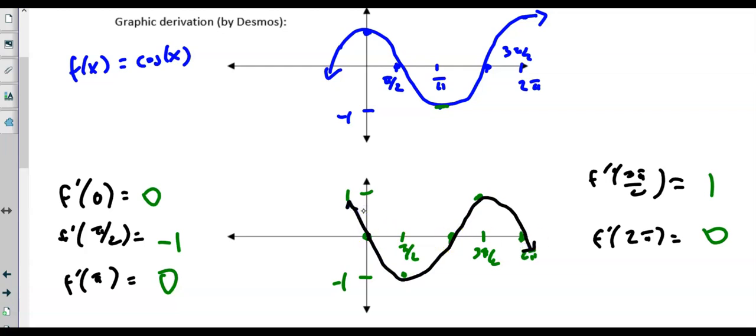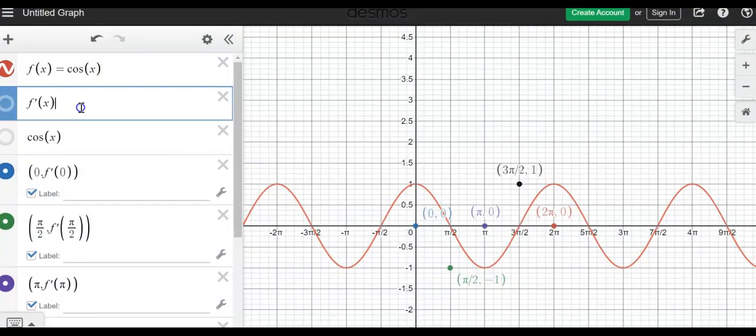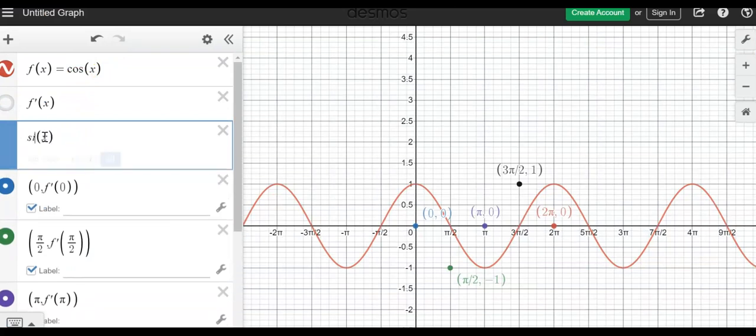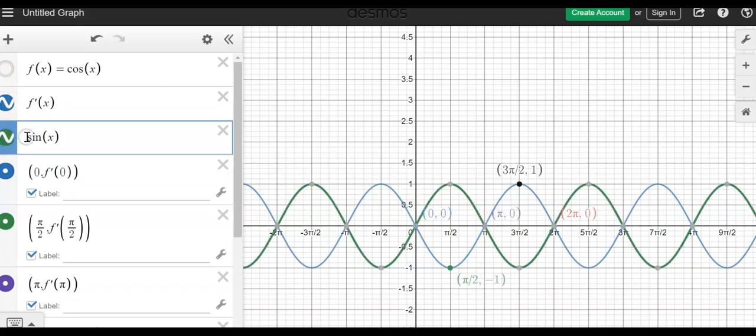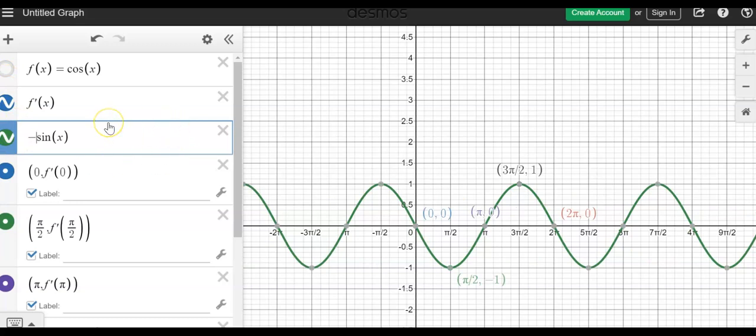But it looks like it was flipped around. So if we went back to Desmos, and again, you're welcome to pause if I'm going too fast, you would see that these graphs match the points that we were given for the derivative. And again, this is going to be negative sine x. There's a derivative